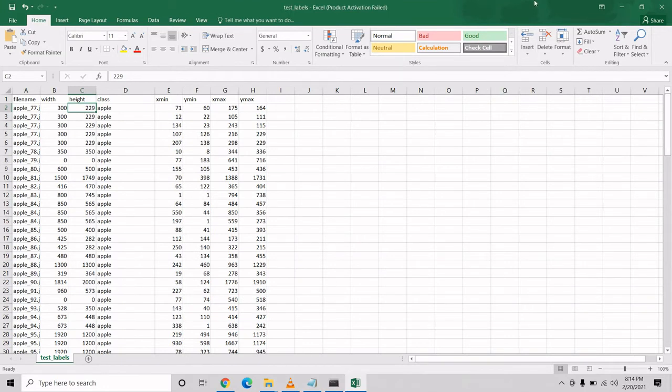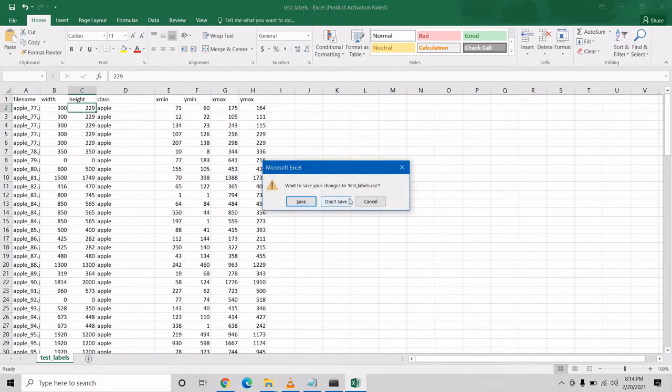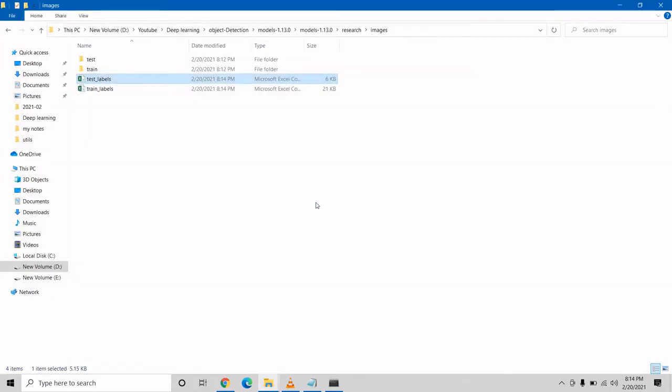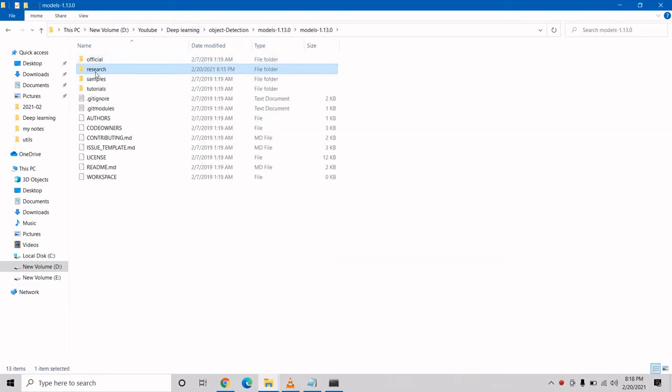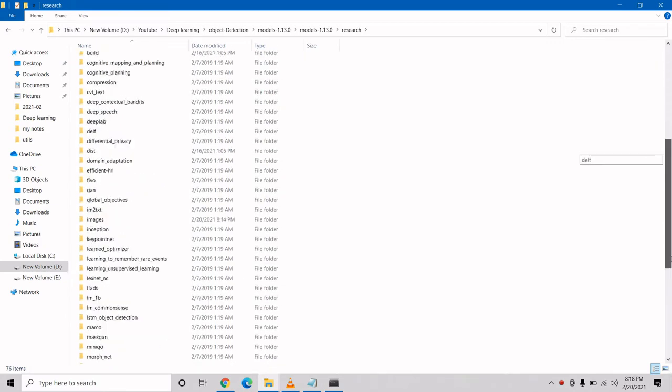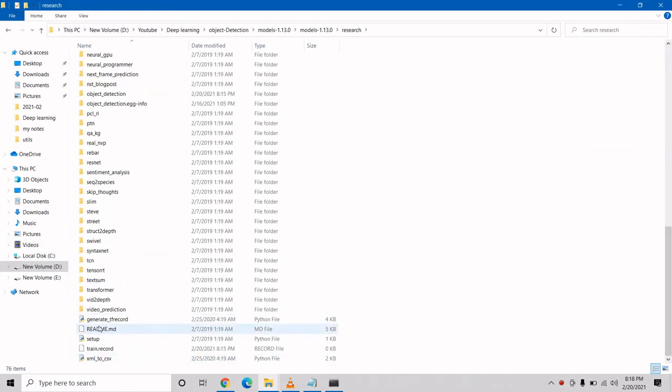Similarly, now we have to convert this CSV file to our TF records, because for object detection we need our TF record files. For that you have to go inside your research folder again, and here you have to change a little bit in your generate TF record file.